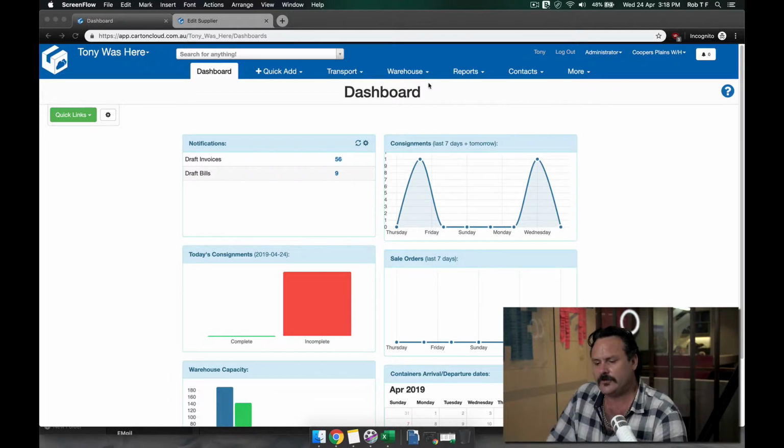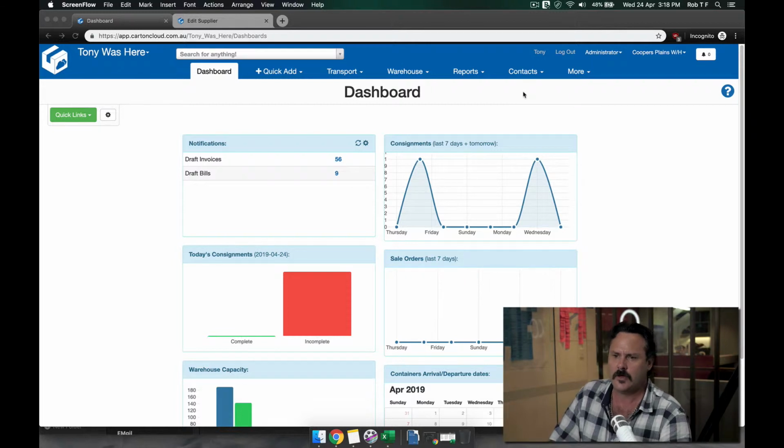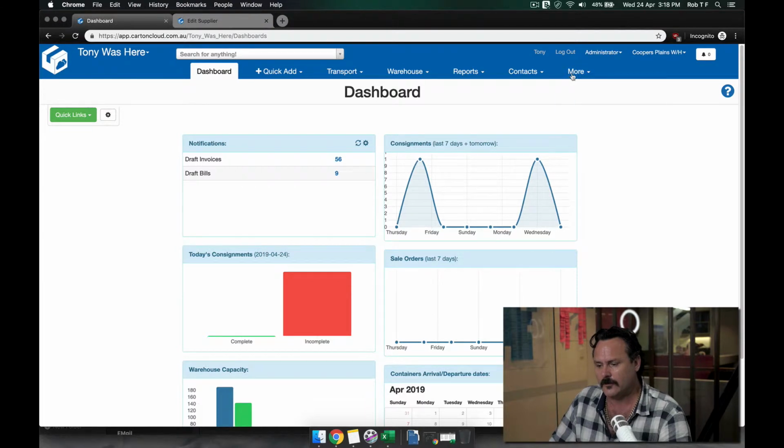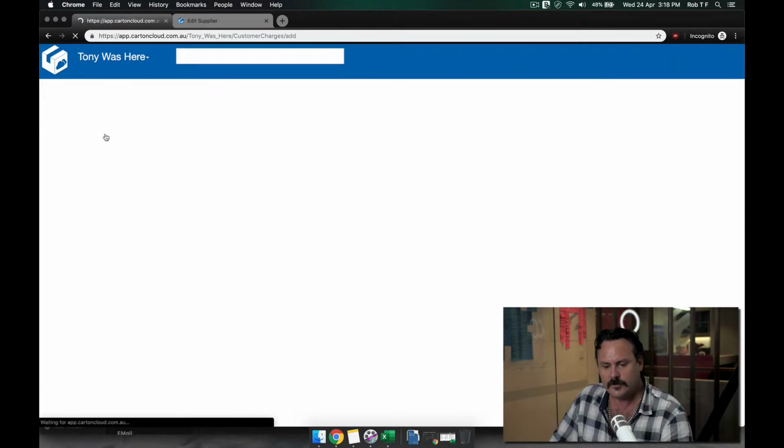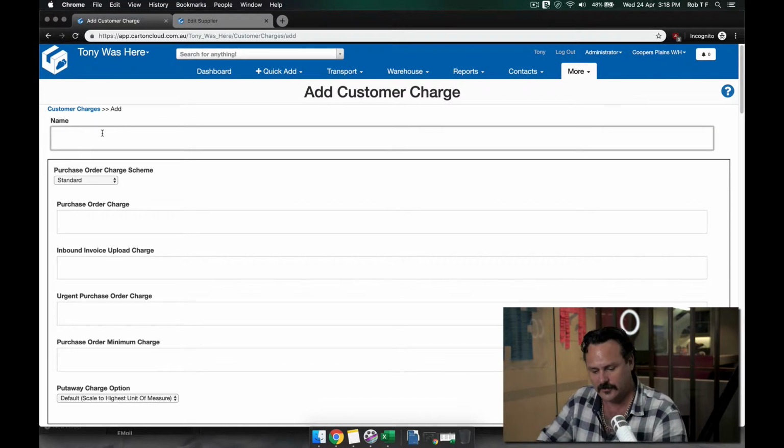But here's a really simple way of doing it, which a lot of transport companies will do something along the lines of, yes, we will give the driver or our subcontractor 65% of whatever our income is. So the way we can do that is if I was to go over to the More button and go to customer charges, and add a new customer charge, and I could say that this one was, say, 55%